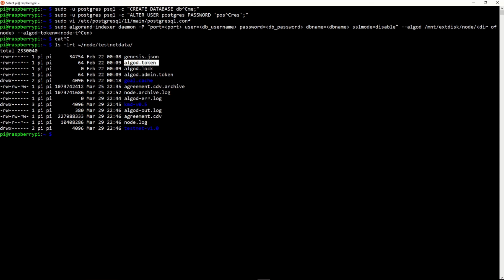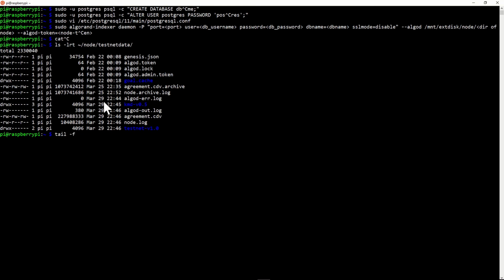And now you will have to, of course, wait again for quite some time till the Postgres database is built with all of the entries from the Algorand blockchain, which might take some time, especially depending on the speed of your hard disk. And you can keep an eye on the transactions, how it looks like. So I'm actually piping all of this output into a specific file, so I can show you how